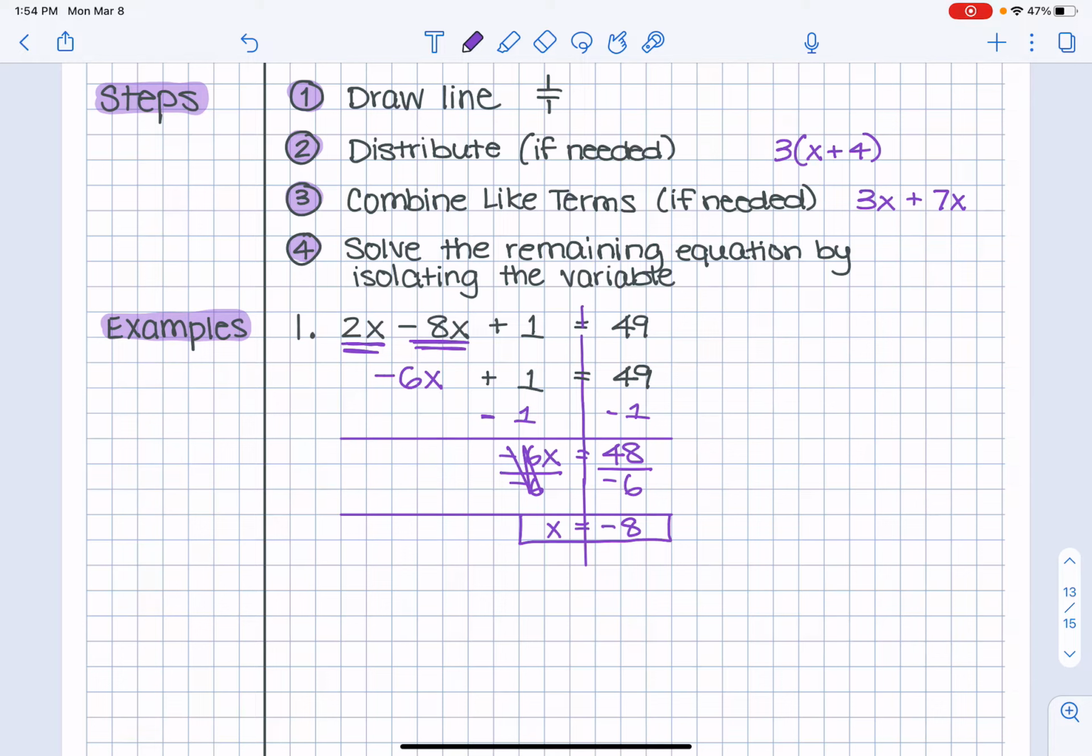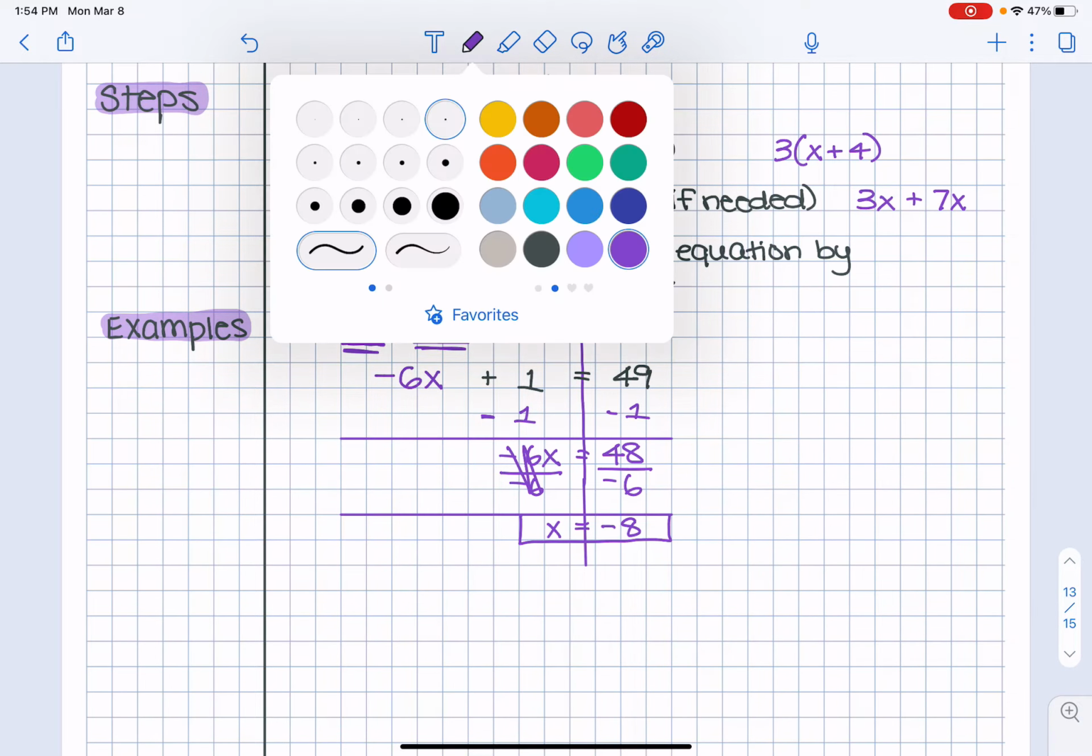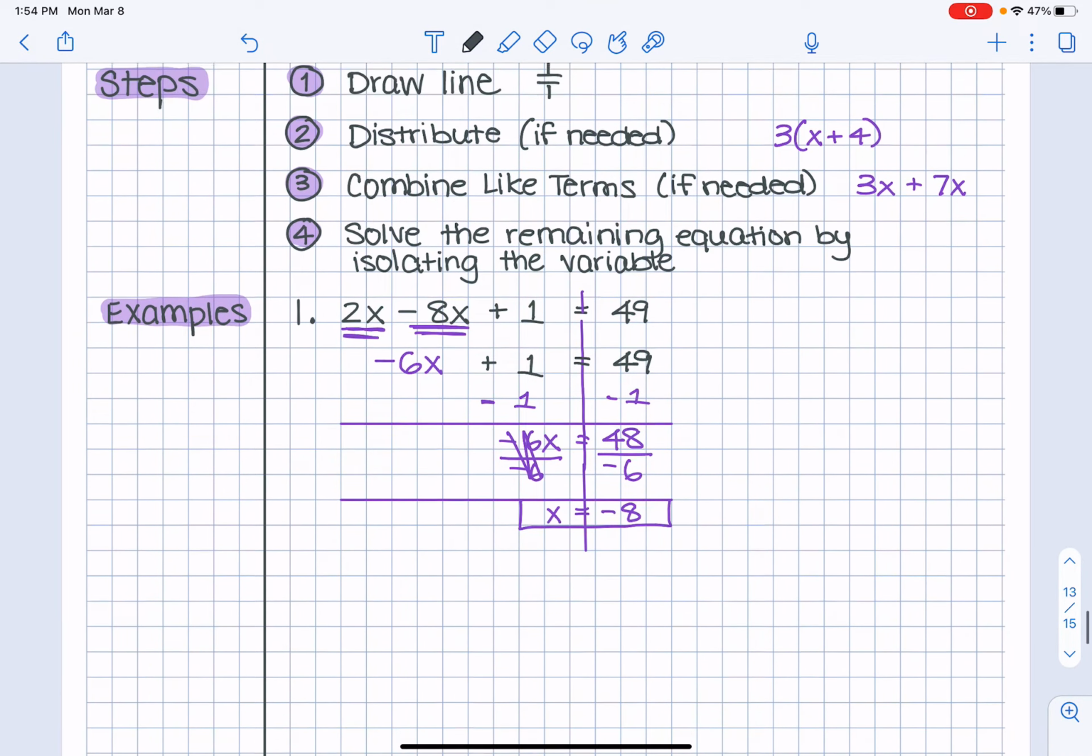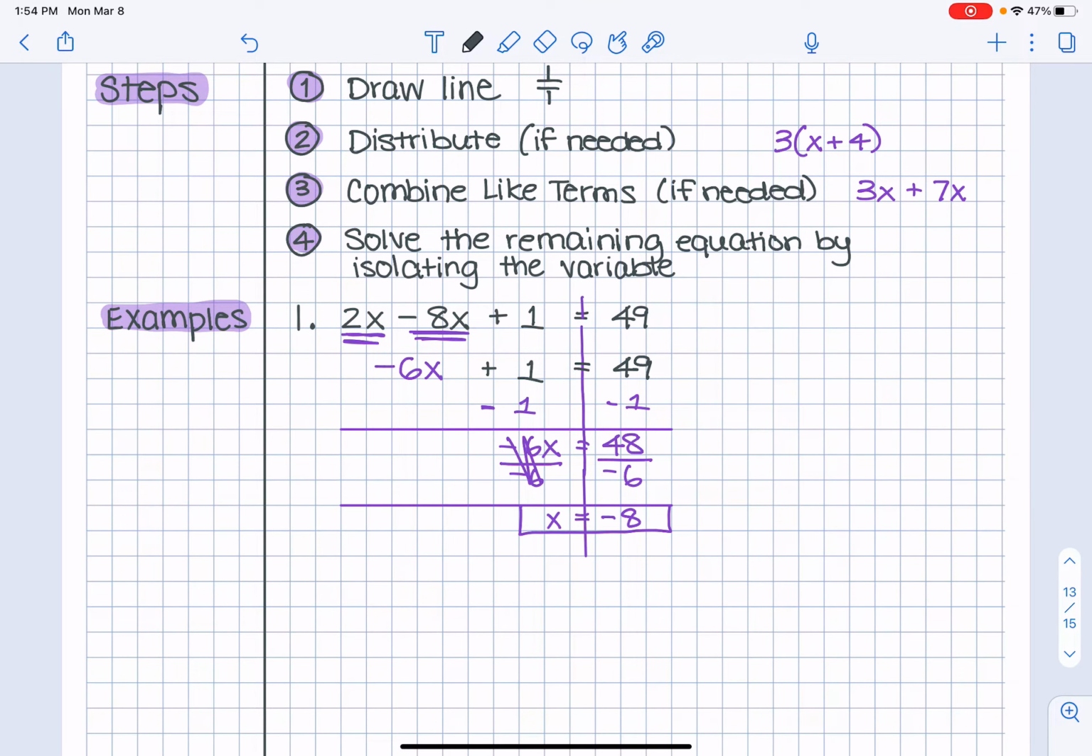However, let's try another example to help us with this a little bit. Okay? Let's do one more example. I'll do it underneath it. Okay, so example number 2 is going to be